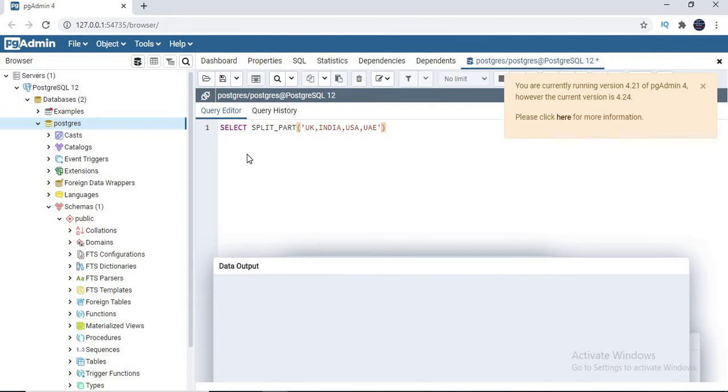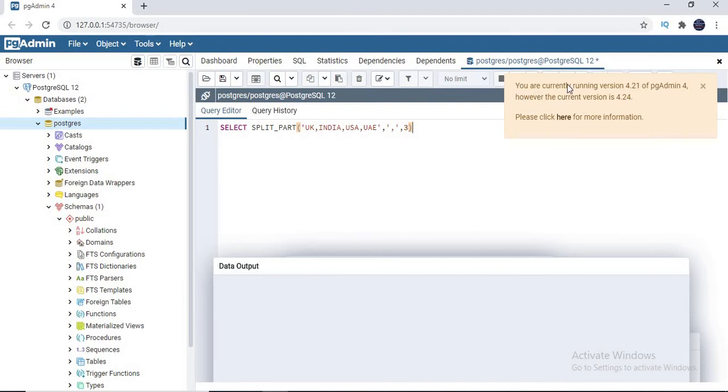Let's keep the delimiter as comma. Then position, what position value do you want? I want the third position value, assume. So let's simply specify 3. In this input, the third position value is USA. Maybe in another input, the third position value might be different or the same. It's up to the input.